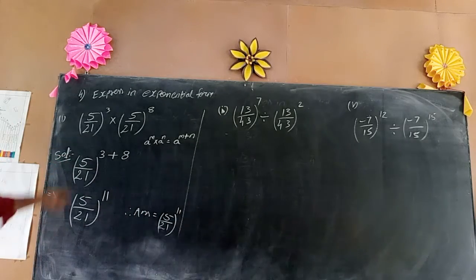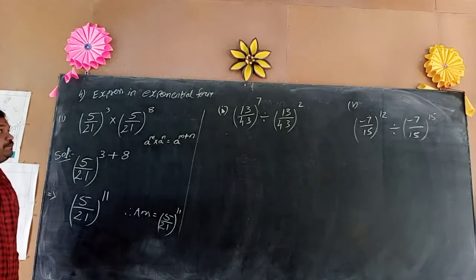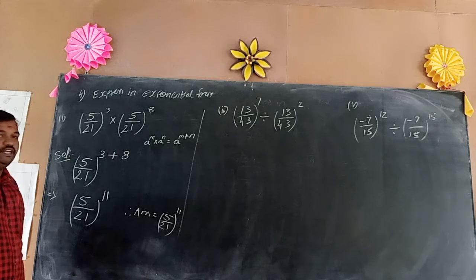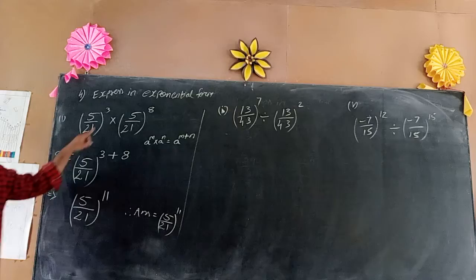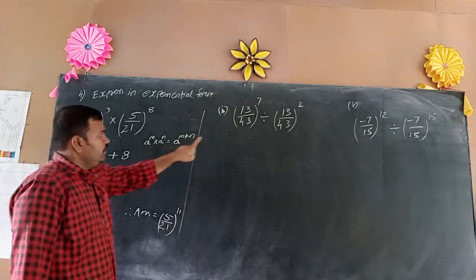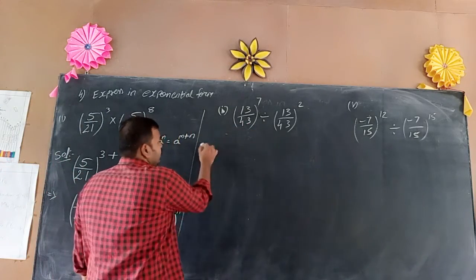Two things are given for multiplication or division, the same ones. Express in the form of powers means we have to apply the 3 rules. What are the 3 rules? Product law, quotient law and power law. Multiplication means you have to apply the product law. If division is there, we have to apply the quotient law. So the solution for this one,